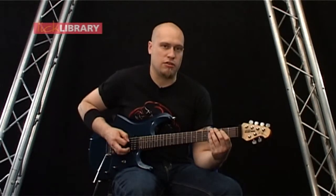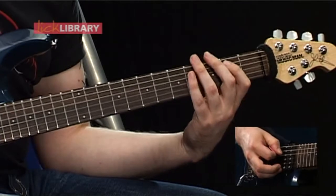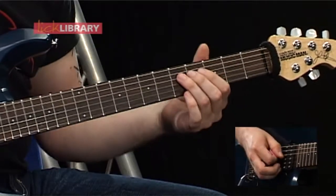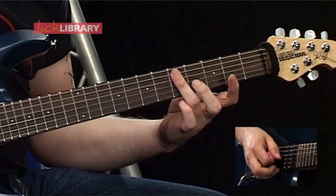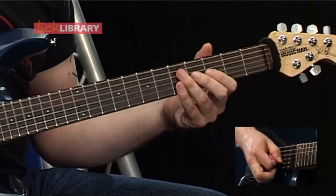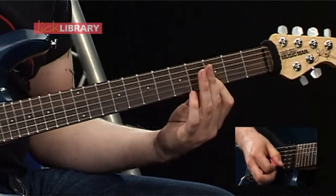Okay, so starting on the 3rd fret on the low E with a downstroke, then going to the 2nd fret on the A with a downstroke, then hammering on the 5th fret on the A, then barring our 3rd finger across to get the 5th fret on the D as well, then playing the 4th fret on the G, and then barring our 1st finger across the 3rd fret on the